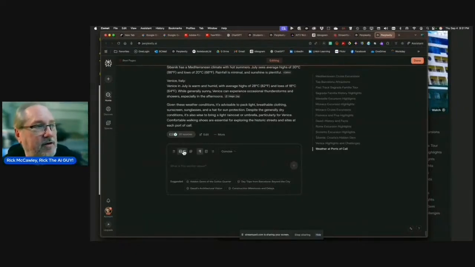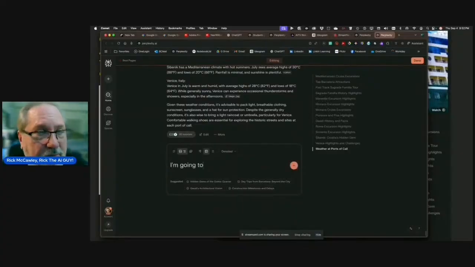I want to create a new extension of this, and let's pick a different city. Let's use Istanbul, Turkey, right? So I want pictures and text. Cool. I want it to have a table because sometimes that's useful. And I don't want concise. I want detailed. Okay, here's what I do.